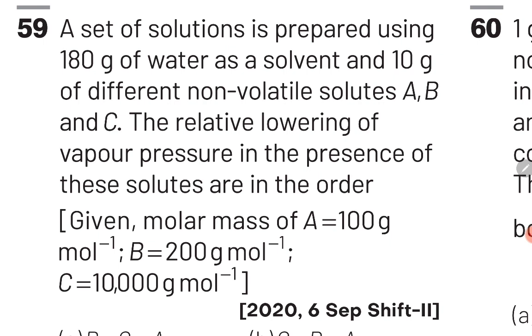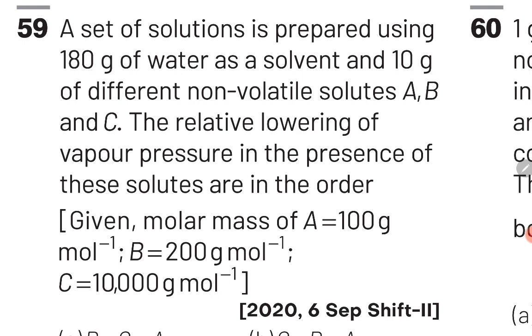Now guys, number of moles is equal to given mass divided by molar mass, and इसका मतलब जिस सोल्यूट का मोलार मास सबसे कम है उसके नंबर ऑफ मोल्स सबसे ज़्यादा होंगे. So guys, आप यहाँ ऑब्जर्व कर सकते हो that molar mass of A is minimum and therefore number of moles of A will be maximum. And now guys, because number of moles of A are maximum, उसकी कॉलिगेटिव प्रॉपर्टी मैक्सिमम होगी and इसका मतलब उसका रिलेटिव लोअरिंग ऑफ वेपर प्रेशर मैक्सिमम होगा.